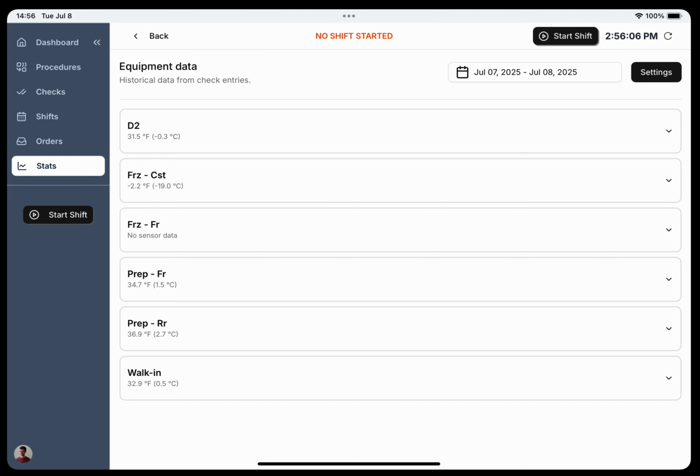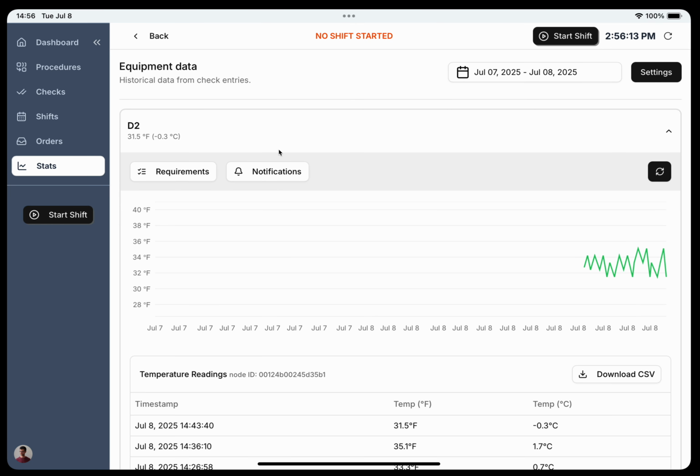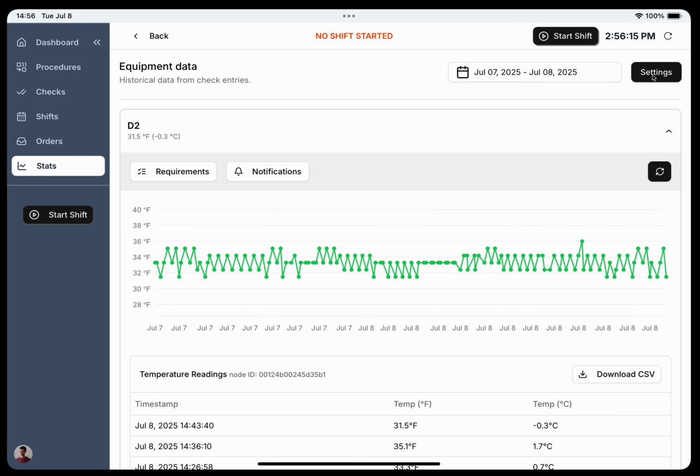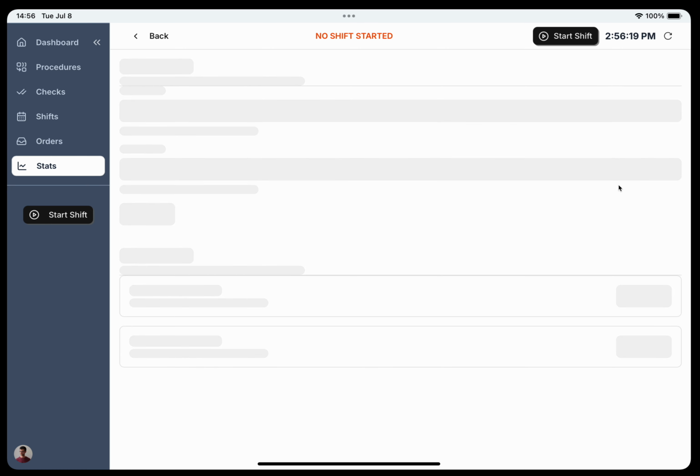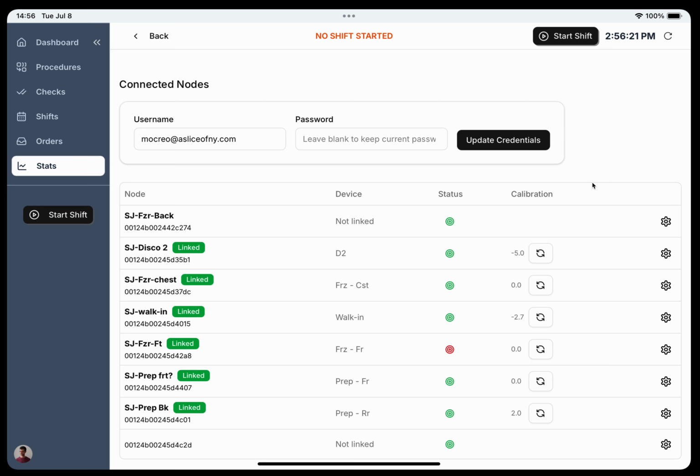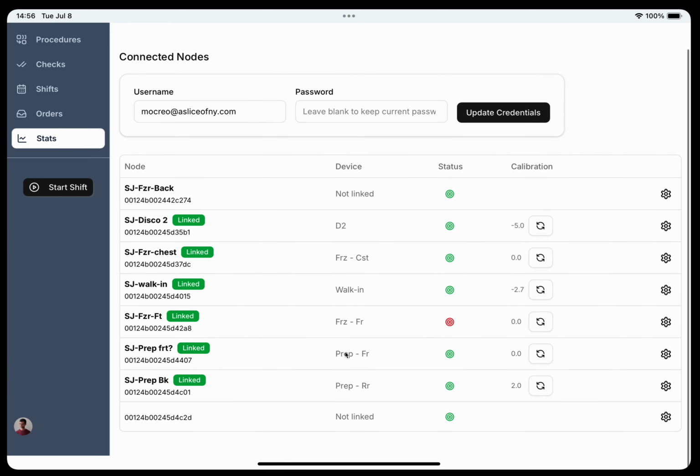Now, for those of you with, I believe, manager and admin privilege levels, you don't just see this information, but you can also adjust the settings that affect it. So if we click settings here, then we can see a whole list of all of the devices that are